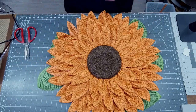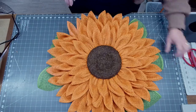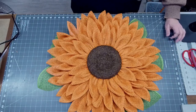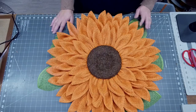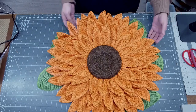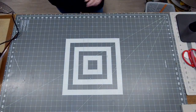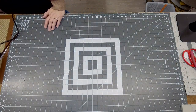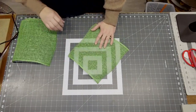You guys ready to see this on the front door? Okay, I'm going to show you how to do this. And then I'll go back and we'll show you how to build your petal pieces one more time and how to build the leaf pieces. So let's do that before I flip you up. So just to recap, I'm going to do it with 2 pieces of our green. So to do the petals,